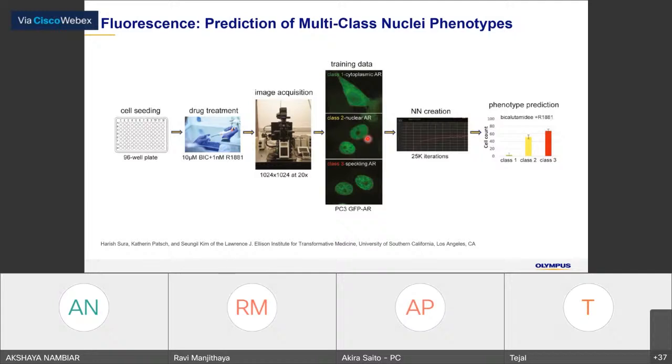But in this one, there are some speckle objects inside the nucleus. So we train the neural network to identify these three different kinds of objects, create the neural network, and apply it to the real samples that the researcher wants to analyze.